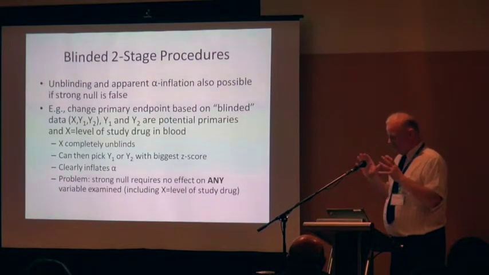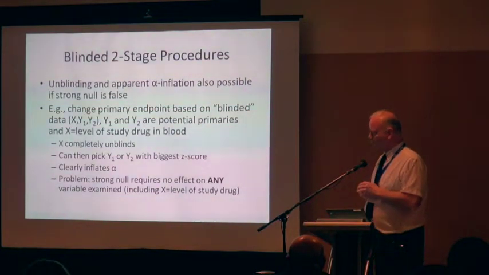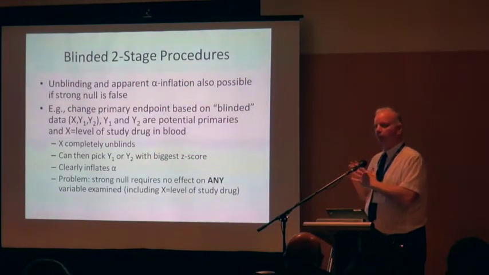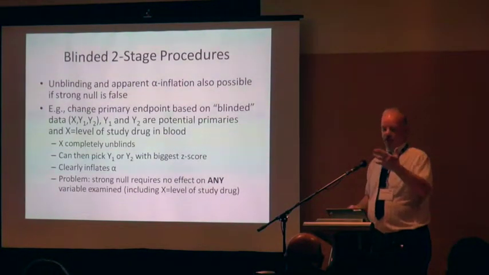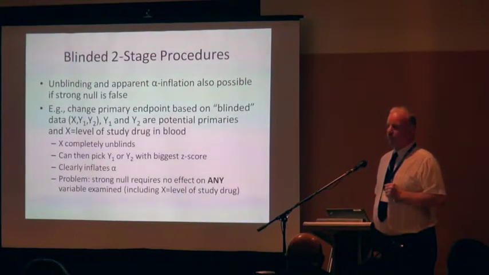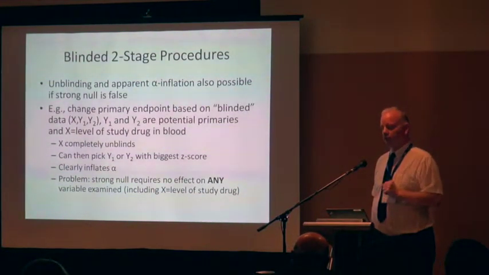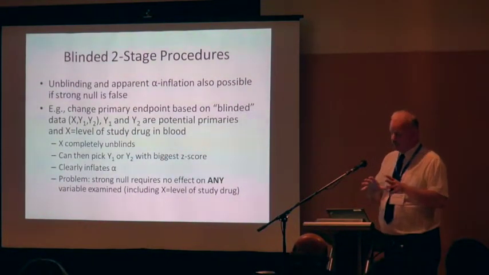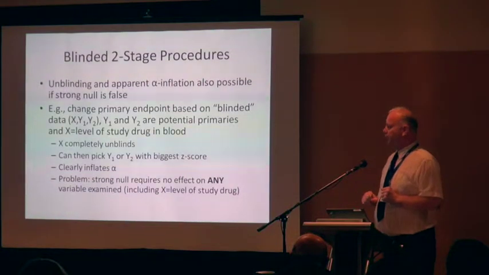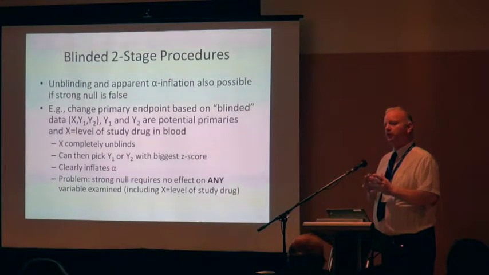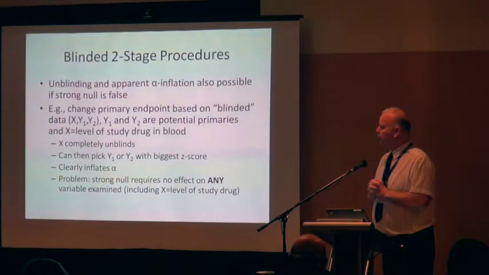So here's a concrete example where we have two possible primary endpoints, let's say diastolic and systolic blood pressure, which we were actually confronted with a long time ago in the DASH trial. We were trying to figure out which one of those to use. We did not do an adaptive procedure to pick which one to use, but let's suppose you did this. You're trying to figure out which endpoint to declare as the primary.